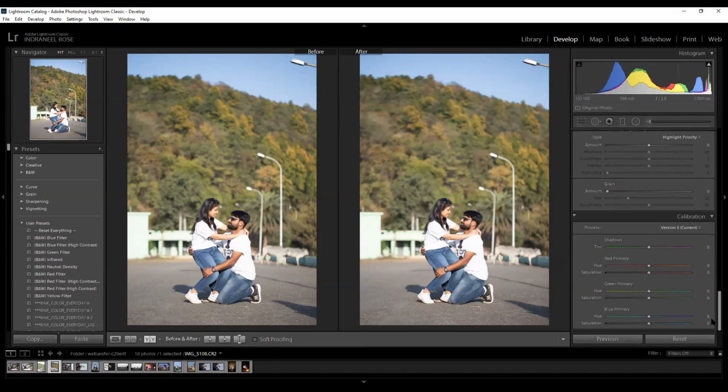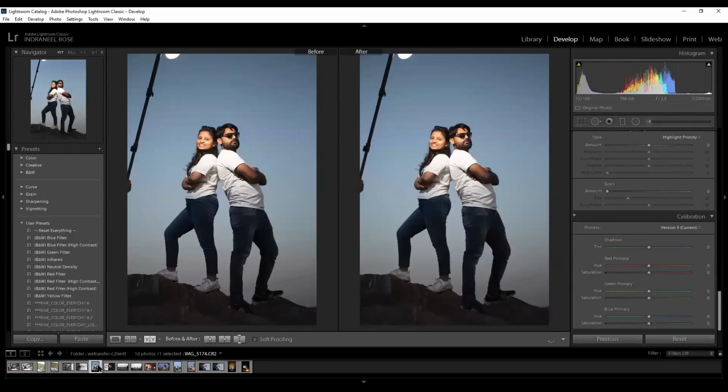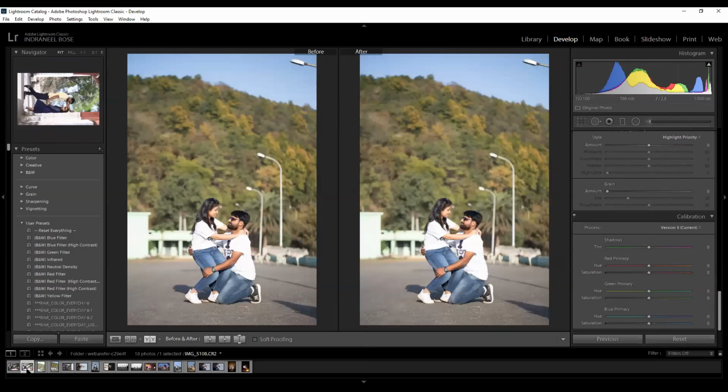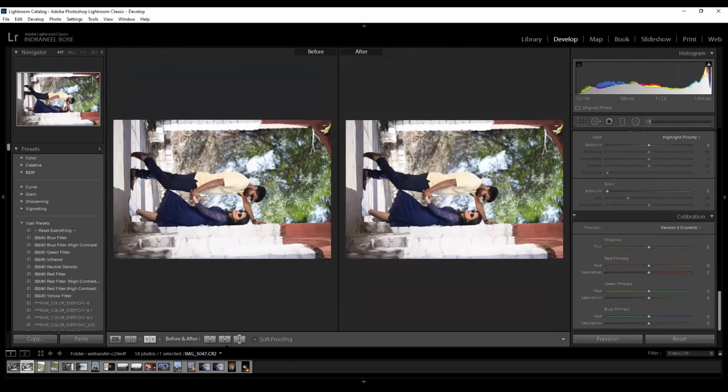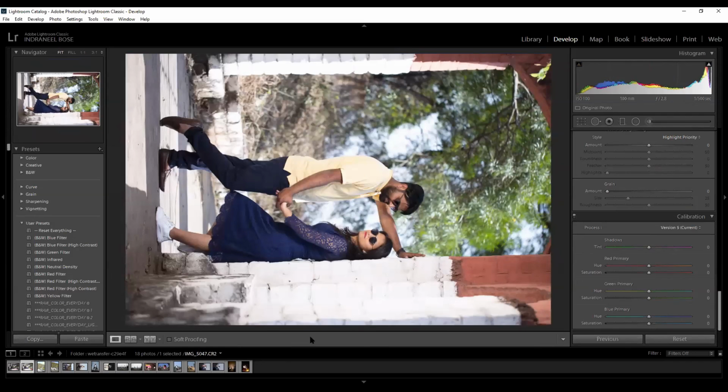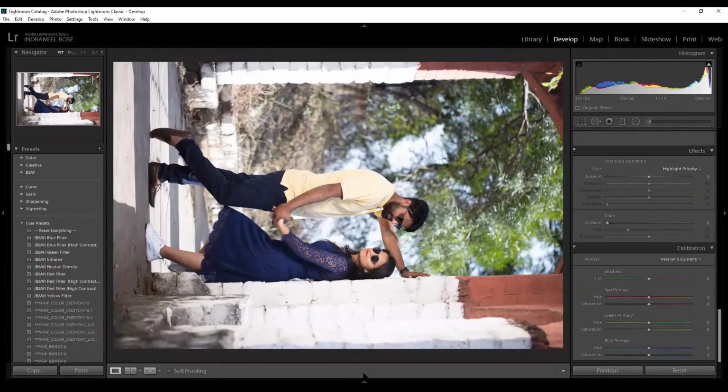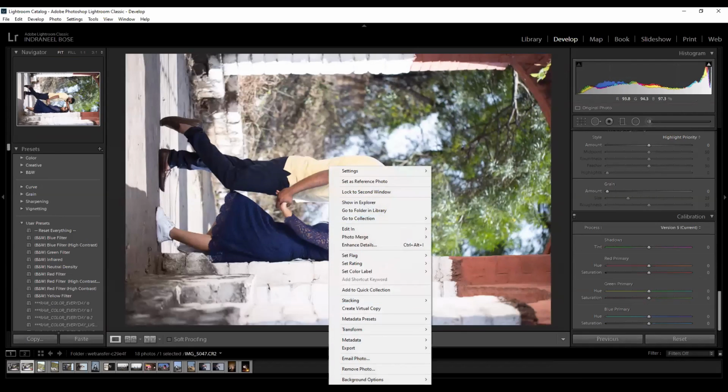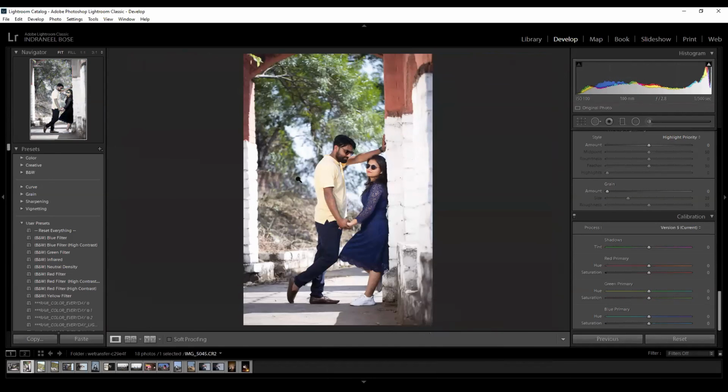So these are the primary things which are very important for color grading. Knowing the things. Now, right now, let's take this image. Okay, here is the image we have taken.